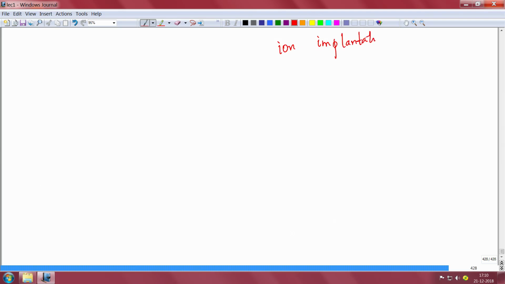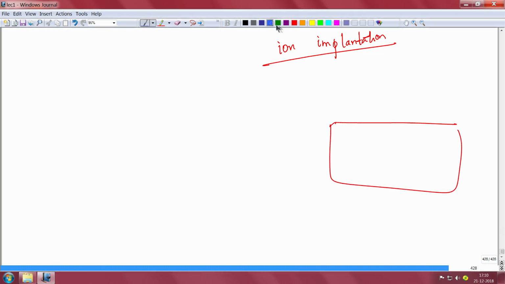What ion implantation does is that you have a high energy beam of ions. So for example, this is your silicon wafer. Here you do not have to use a hard mask. This is a room temperature process, you do not have to heat it up, unlike diffusion. So it is a low temperature process. You can have photoresists, I will come to those later. Photoresists are organic compounds that will protect the surface at certain areas.